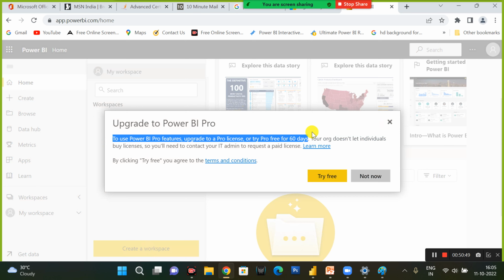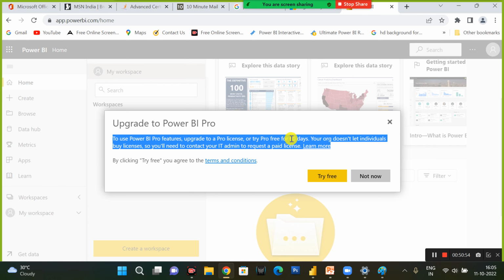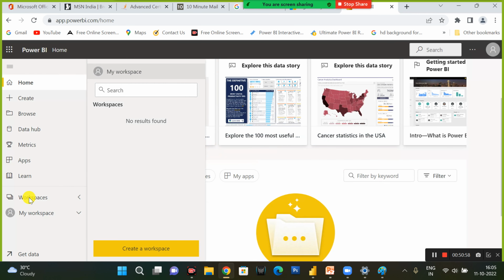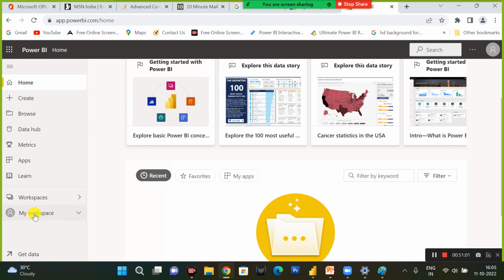For every mail ID, we get a 60-day free trial of the Pro license. You can try and look into that also. For practice purposes, we are using My Workspace. So here,